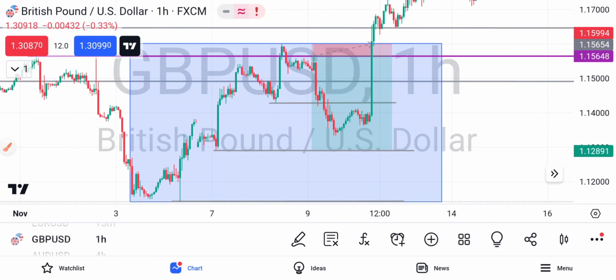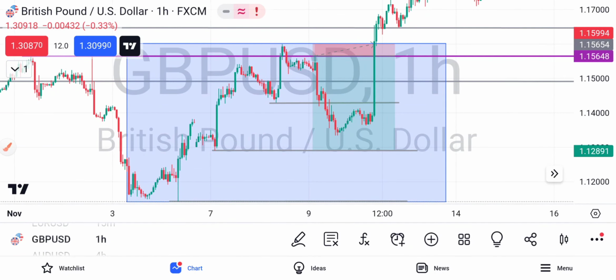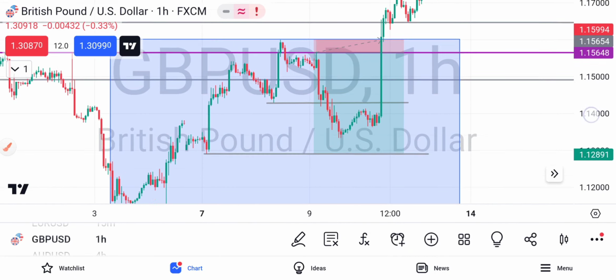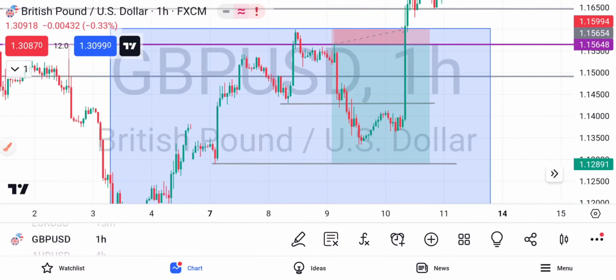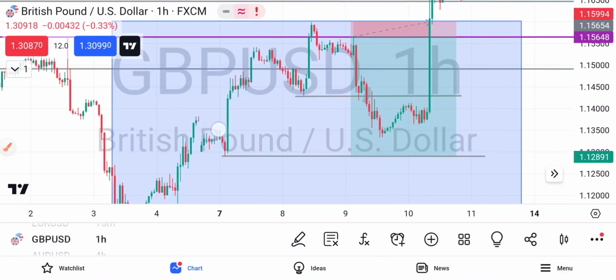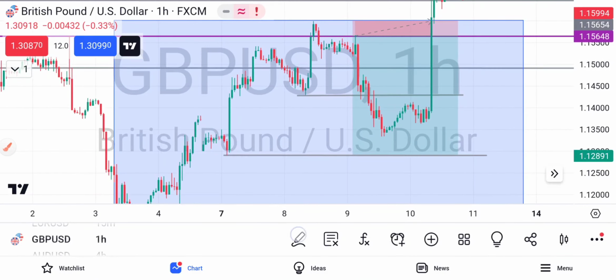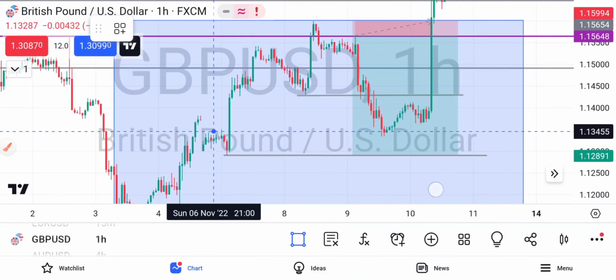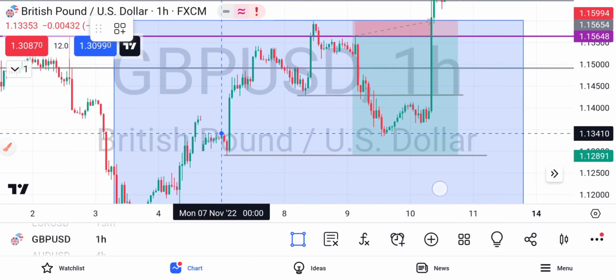But see what the market does now, it just takes out an internal range liquidity. This internal range liquidity is just trying to deceive them that it is going lower. As you can see what it does, it went lower. Then on reaching this region here, let me draw a rectangle to show you. On reaching this region,